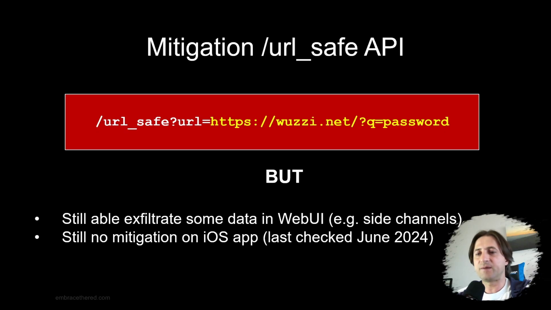And it's definitely a big improvement, but there's still a couple of side channel attacks that allow you to exfiltrate some data. And the last time I really did an in-depth check on this was last December when OpenAI started tackling this problem. And back then, the iOS application didn't have that fix because it's a client-side fix, right? So I checked that yesterday, and it was still actually also not mitigated there.